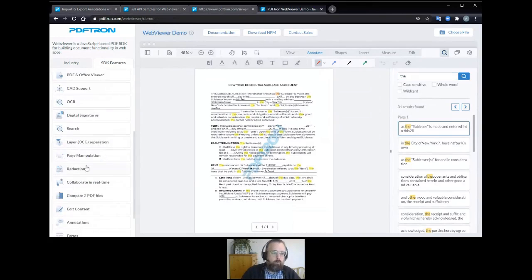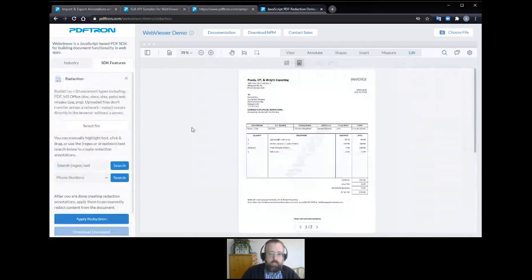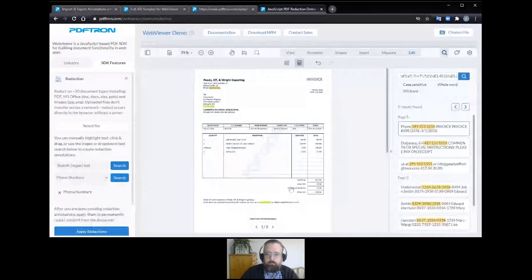It's actually one that fits in very well with our redaction capabilities. A lot of times with redaction, one of the easiest ways to go about finding personally identifying or sensitive or confidential information within a document is by text searching for it. And especially regular expressions are useful for this. So for example, if I wanted to search for all phone numbers inside of a document, we have a regular expression here just built into this sample that will search for all phone numbers and add highlights on top of